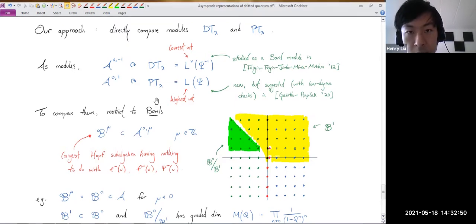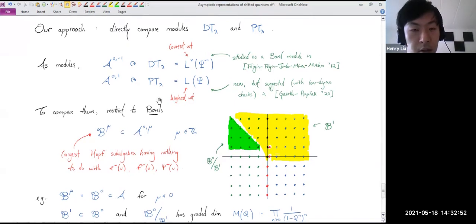And like Andre pointed out last time, also in the past, these modules were studied living over a field. But here, for us, they really live over the equivariant K-theory of the point, which is a much more non-trivial ring. Anyways,